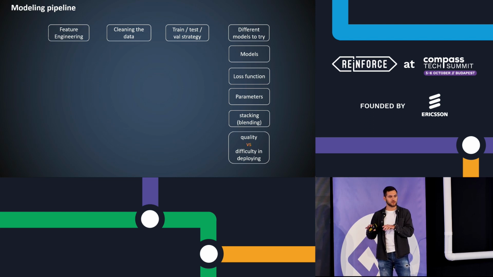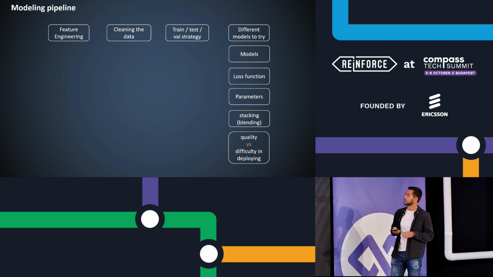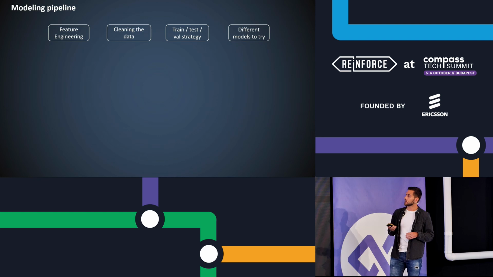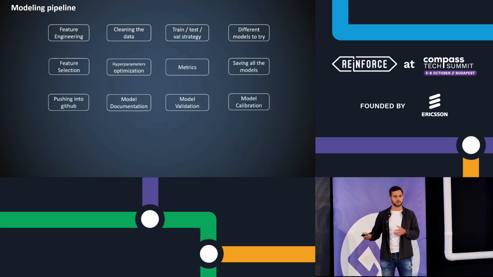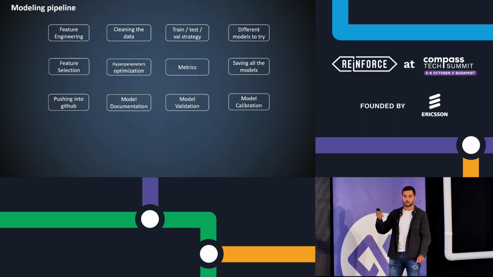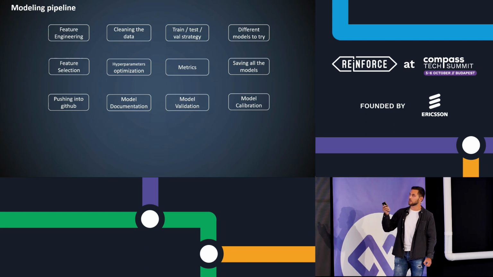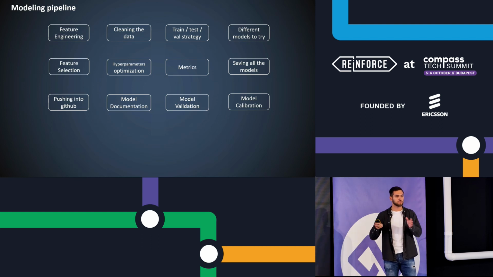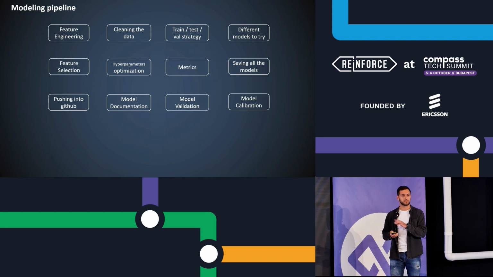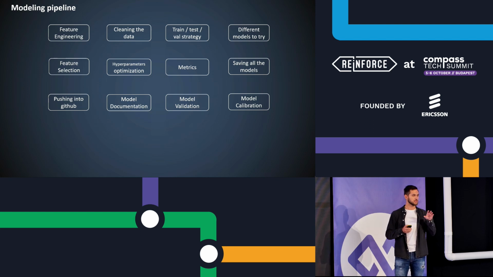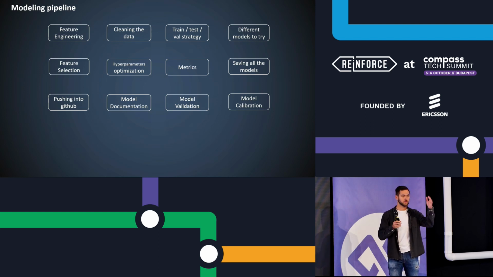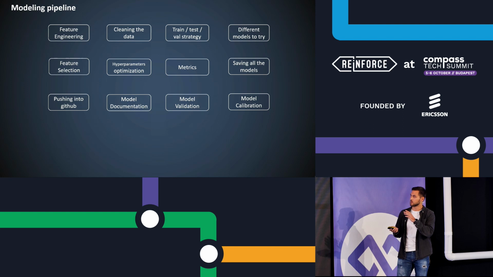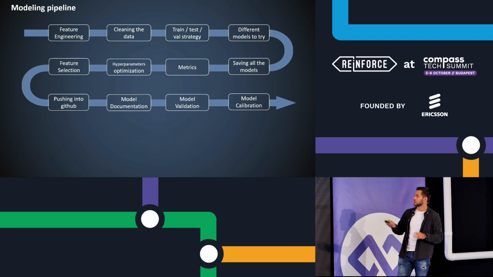He or she is writing by their hands. And we have many other steps that could be generalized, like feature selection process, hyperparameters optimization, metrics, saving the models, pushing it into GitHub, making documentation. This is also part of when we can create a special script that will collect the document, for example, CRISP DM methodology, when we collect all the steps, and model calibration.